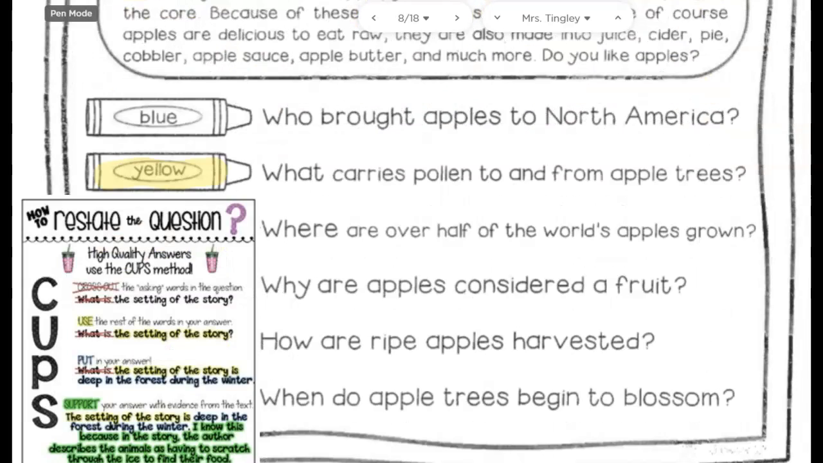Now we are ready to apply CUPS. The first thing we have to do when we are answering or restating a question is cross out the asking words. That's just what in this one. Then we need to use the rest of the words in our answer. Carries pollen to and from apple trees. Now I can keep this together and use it in my answer,